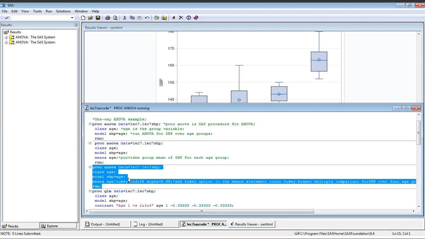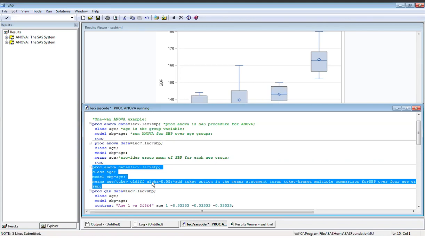Here, with the Tukey test, we do an exhaustive pairwise comparison among these 4 groups. So the total number of pairs will be 4 choose 2, equal to 6. That's to say there are going to be 6 pairwise comparisons by running this ANOVA procedure with the Tukey